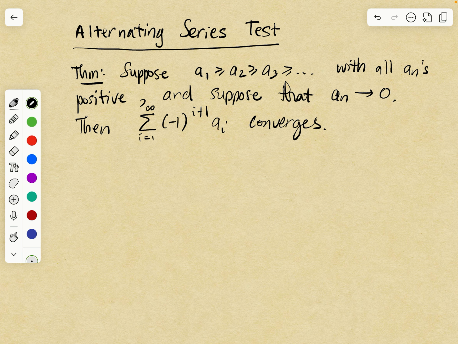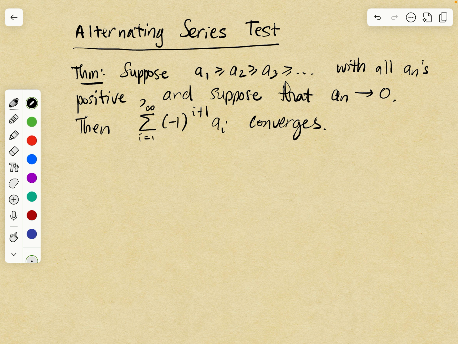In this video, we're going to prove the alternating series test. It says, suppose that you have a bunch of numbers, a1, a2, a3, etc., with a1 greater than or equal to a2, which is greater than or equal to a3, and so on. And all these numbers are positive. And suppose that the numbers approach 0. Then the alternating sum, the sum from i equals 1 to infinity of (-1)^(i+1) a_i